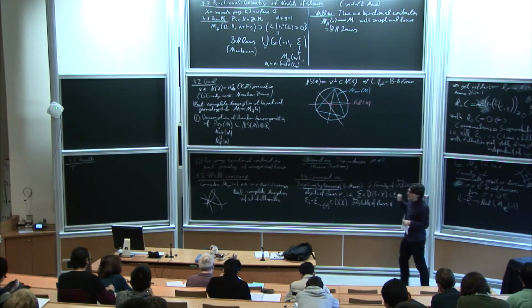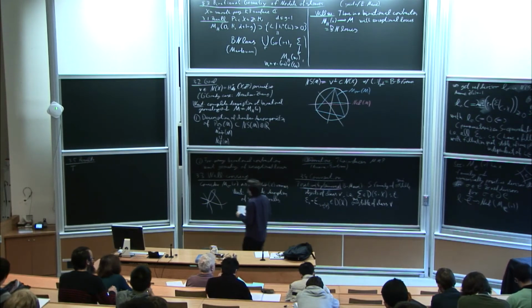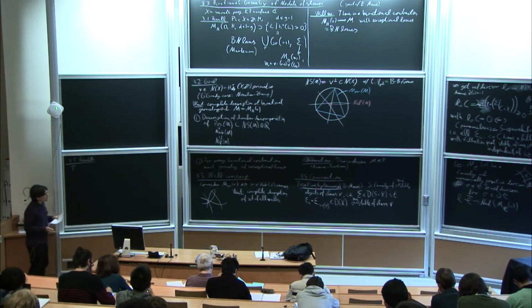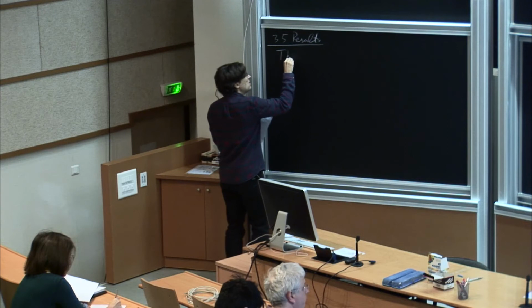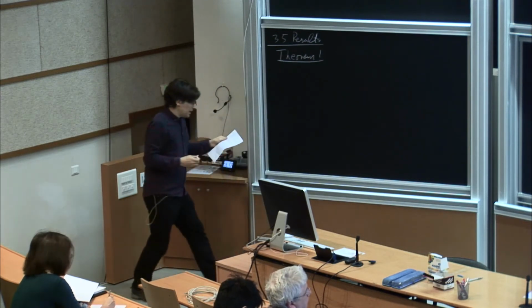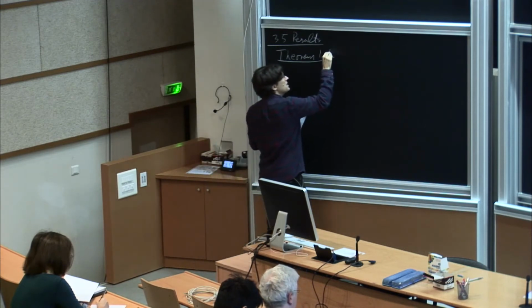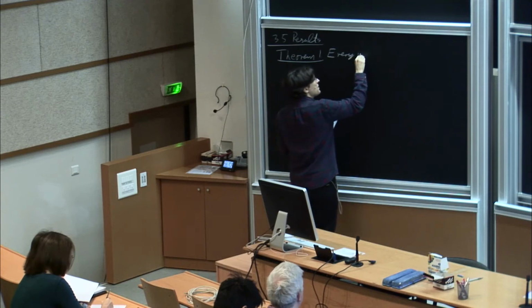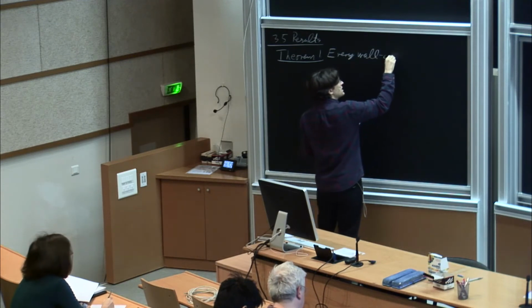I know at least part of the Neff cone. And to get the full picture, I also want to somehow continue this picture as we cross a wall. And so the first result here, in the setting for K3 surfaces, is that every wall crossing,